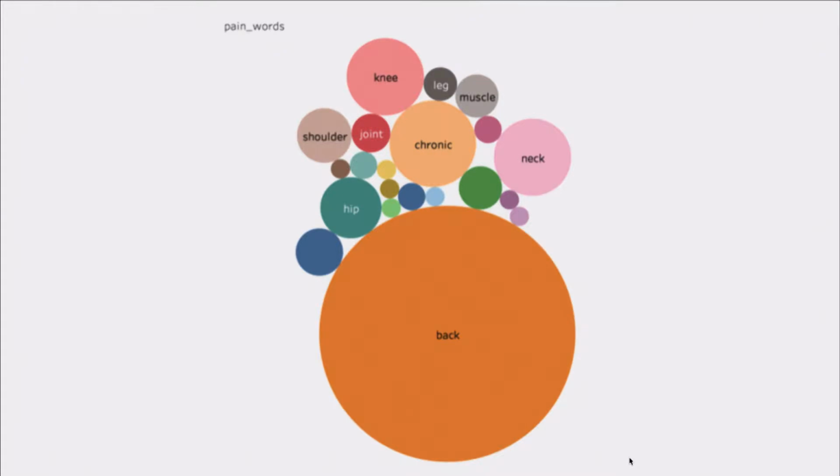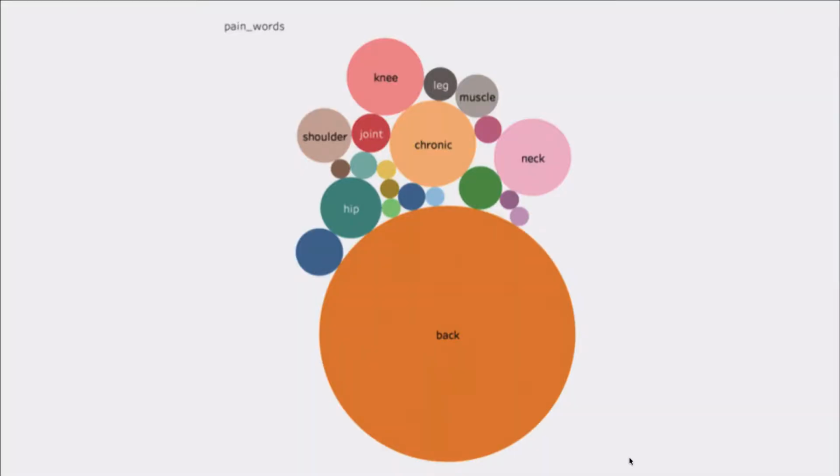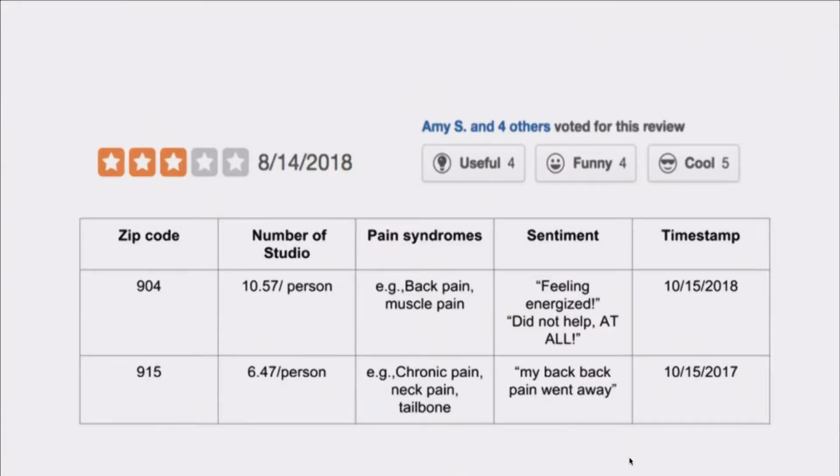To address his needs, we crawled data from Yelp. We also visualize this bubble chart, which provides a big picture of what specific kinds of pain people were going through and managing using yoga, for example, neck pain, etc. And rich textual information on pain. In Yelp review data, for instance, users self-report their experiences using these treatments, and they're more detailed and they're able to reach a wider population, and therefore may have really great research value for studying alternative treatments.